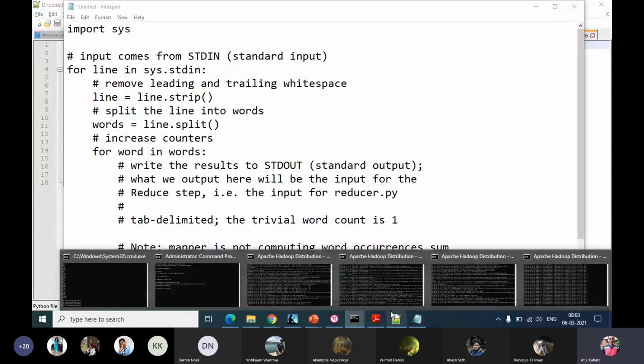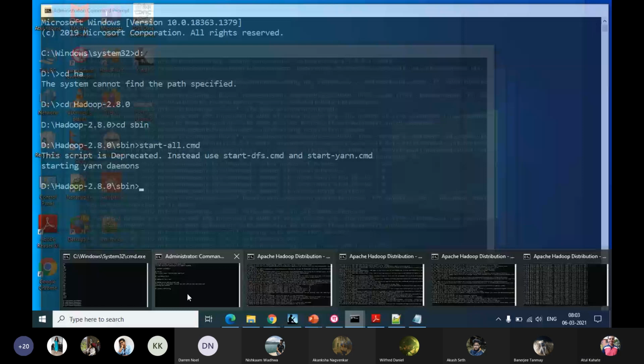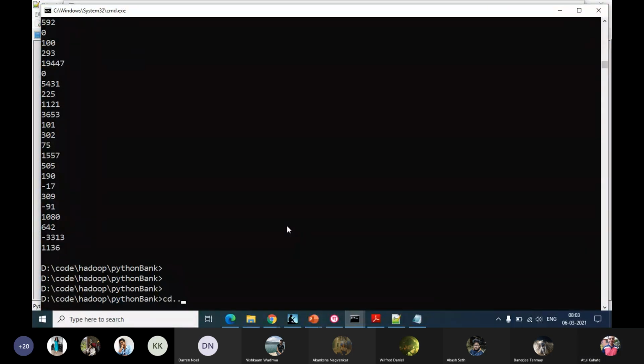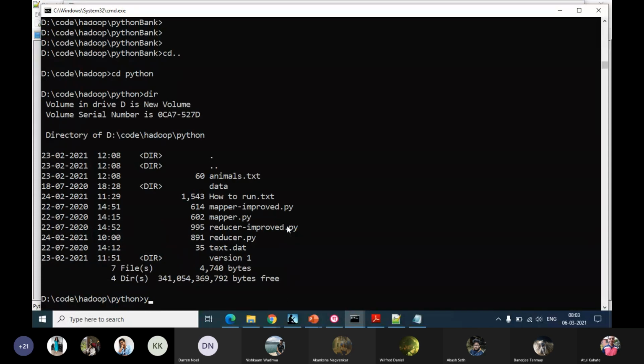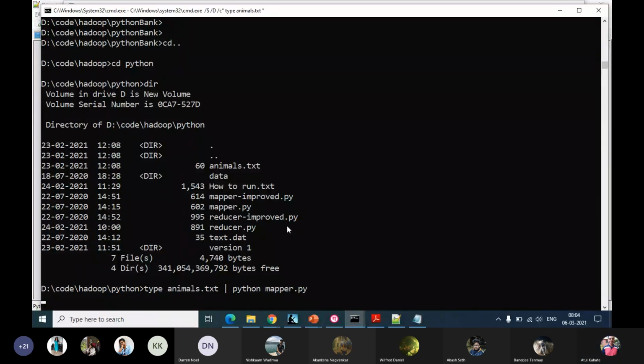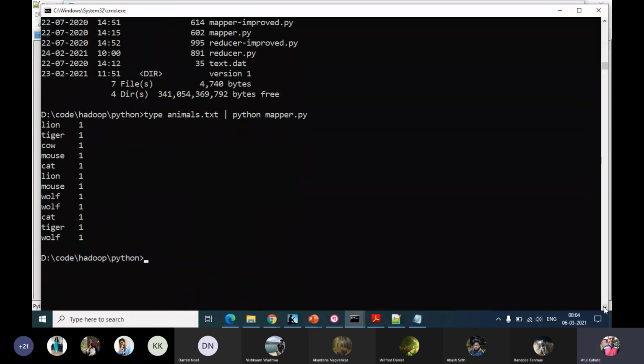We use a simple type command. So we will say type animals.txt python mapper.py. And then this should give us the name of the animal and the count, which is set to 1.